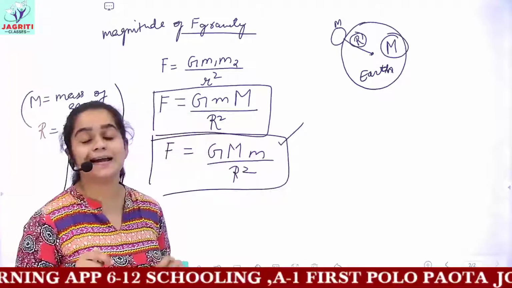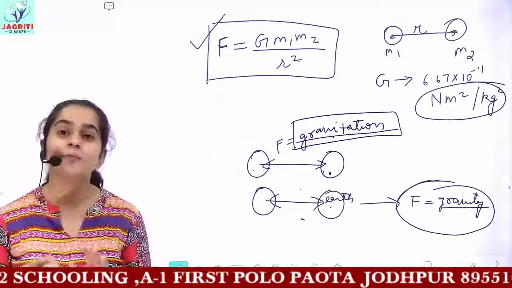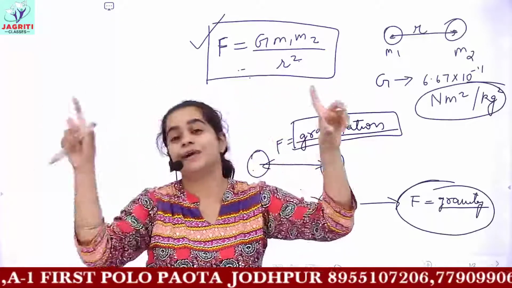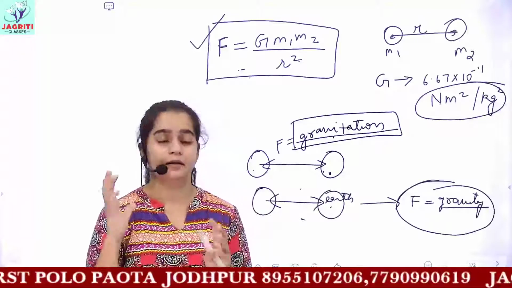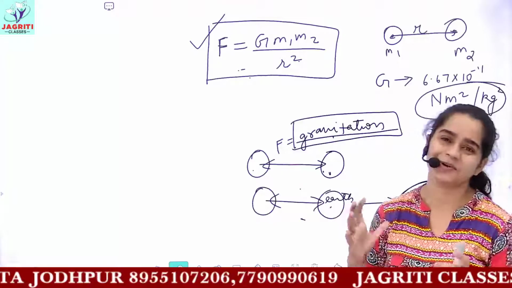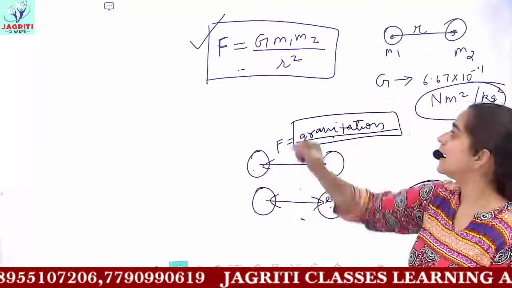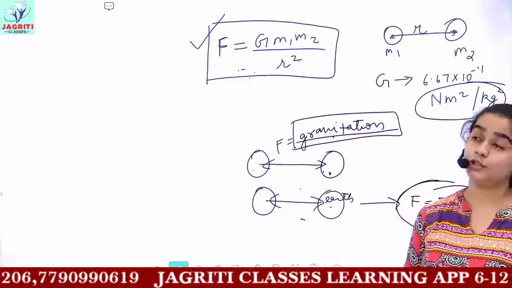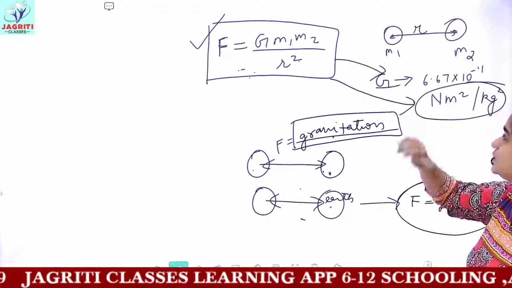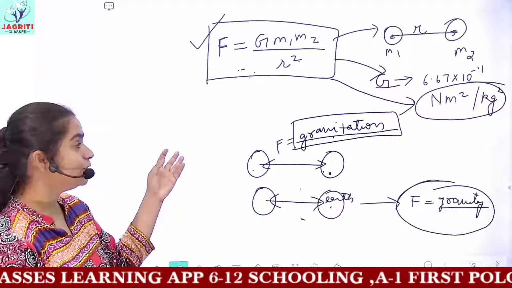If you are asked to write the universal law of gravitation, then you will write F equals G m1 m2 upon r square. Whenever you are asked the formula, write the formula. If you are asked to state, then you have to write the statement. And if it is a long question which carries maximum marks, then you have to write the statement, do the complete derivation, and then write the formula that you get after derivation. Then you even have to write the units, the value of G, and make the diagram also. So this would give you complete marks.